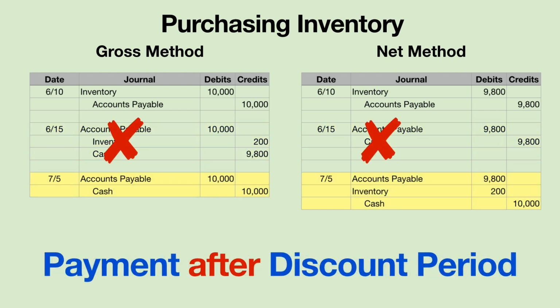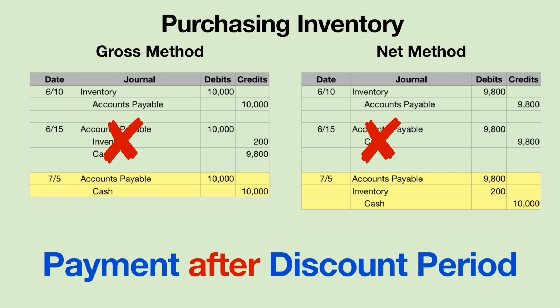Okay, the gross method. If we pay within the discount period, we will debit accounts payable and credit cash. How much cash will we pay? Well, it's within the discount period, so we only have to pay $9,800. Don't forget to debit accounts payable for the $10,000 because that's what you previously established as the account balance. So we have to debit accounts payable for $10,000, credit cash for $9,800, and we plug the difference of $200